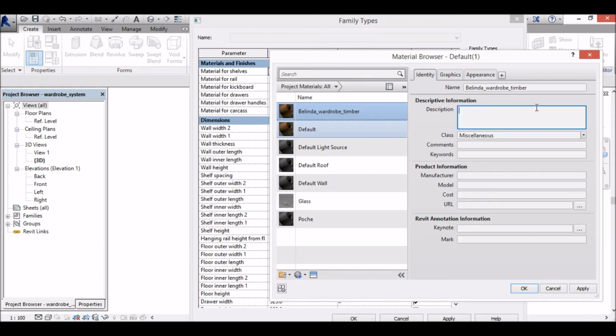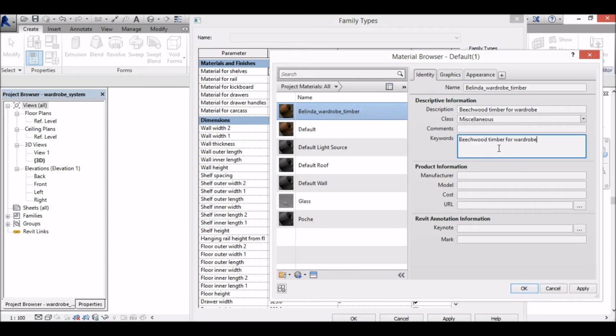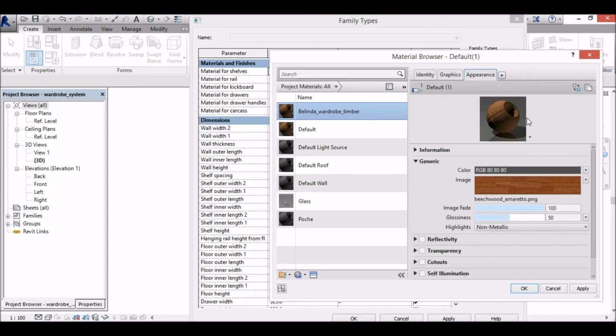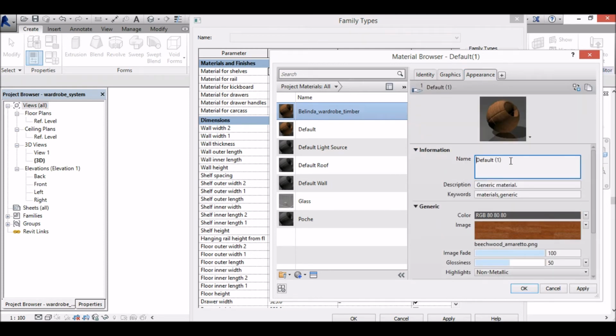Identity, you can put in some values here if you want to. You don't have to. And I'm pretty happy with that. So the name is